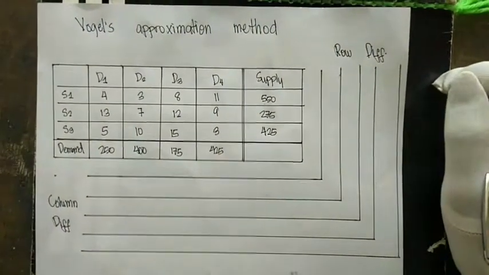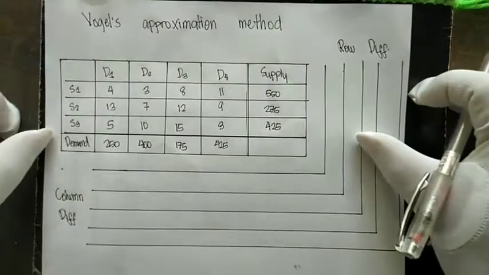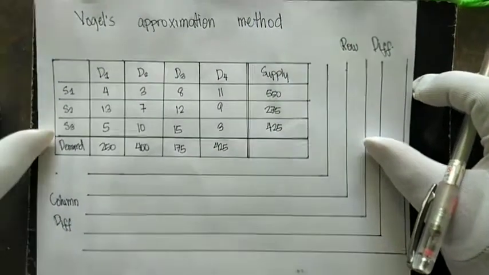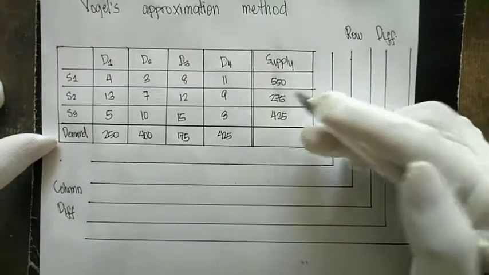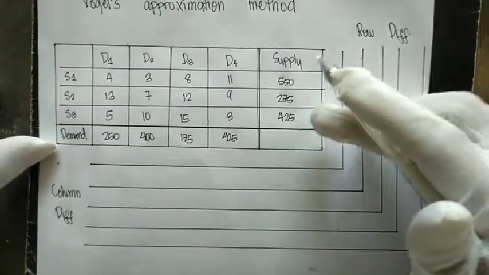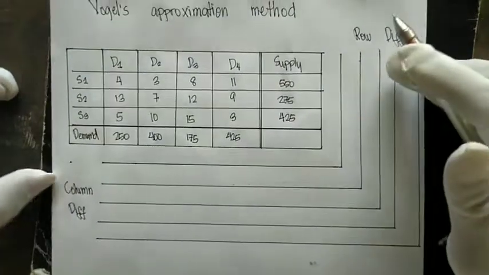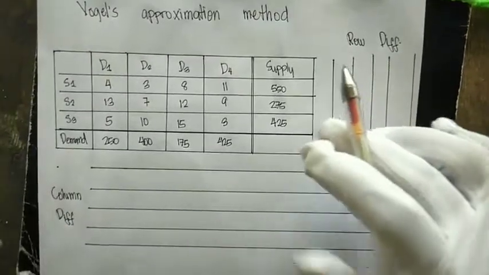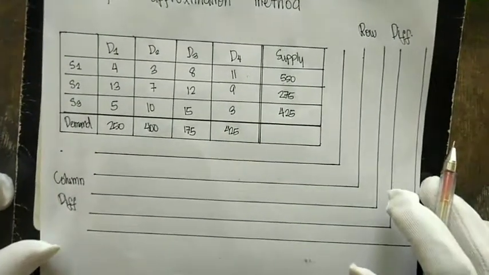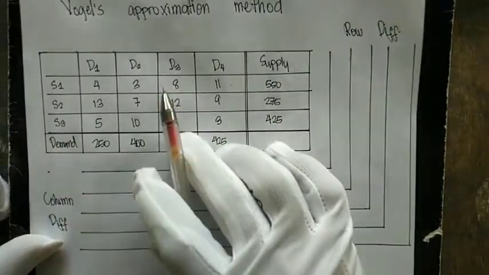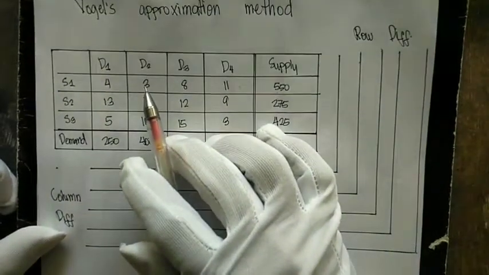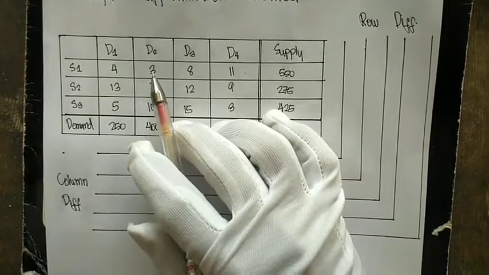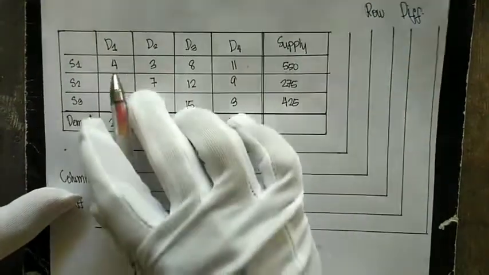Okay. So our third method will be the Vogel's approximation method. This is our table, supply and demand, which satisfies the need of a transportation problem, and it's a balanced problem. This is our row difference and column difference. The first step, we will identify the lesser value in the cells of the first row. Since the first row has the lesser value of 3, we will subtract this from the next lesser value. So 4 minus 3